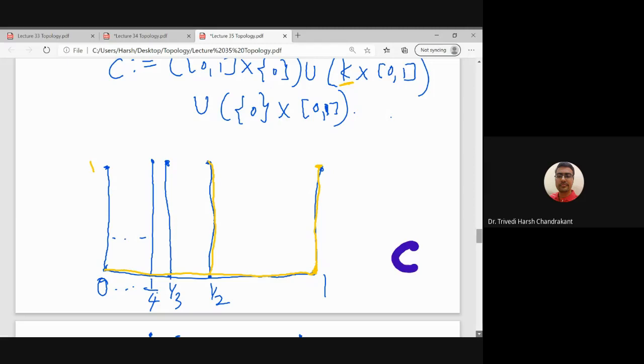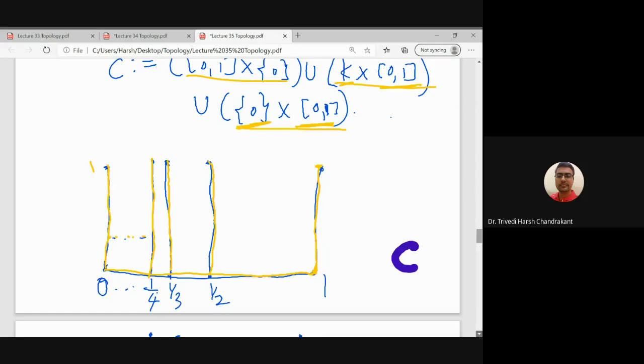So x is 1 by 2 and y is between 0 and 1. So same way we'll draw all these lines for 1 by 3 belongs to K, 1 by 4 belongs to K, and so on, right? So those will be these points. We have already drawn this line on the x-axis. Now this line is remaining, that is on the y-axis when x is 0 and y is between 0 and 1. So that is the vertical line at x equal to 0.